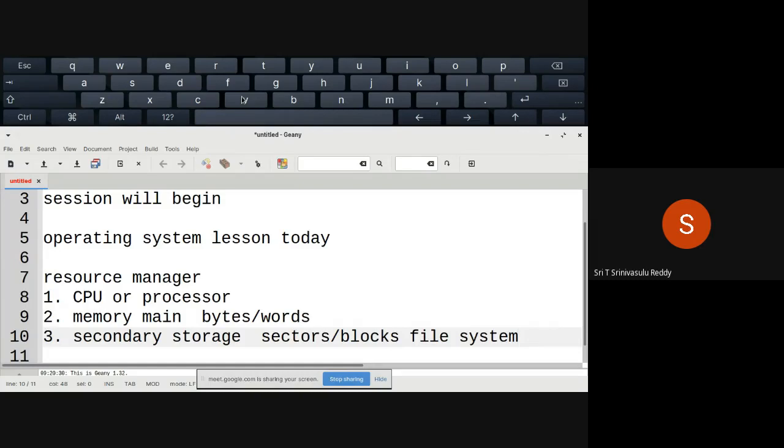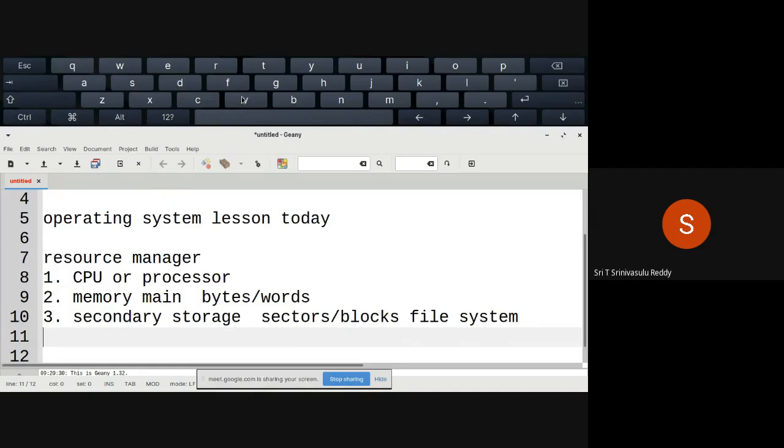The operating system contains one of the important systems called the file system, through which the OS provides services for creating folders or directories, and creating files within the directories. Whatever information you want to store, only that you talk about. It is the operating system that decides which blocks or sectors are to be allocated for that particular file and stores the information the user is asking for. So a lot of services are provided by the operating system by way of resource management.